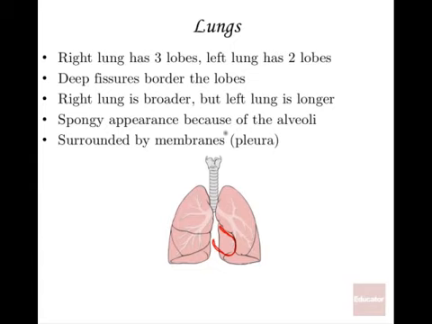The spongy appearance and the spongy consistency of the lungs is because of the alveoli. All of those microscopic air sacs scattered around adjacent to the ends of those bronchioles is going to make it have that spongy look and feel. And the lungs are surrounded by membranes. So there are 2 membranes. Each of them are pleural membranes, not plural like more than one, but pleura. The pleura, you have 2 of them. One of the membranes is directly on the lungs. Then there's a liquid layer between them, and then there's pleura on the inside of your thoracic wall, or the thoracic cage where the ribs are.